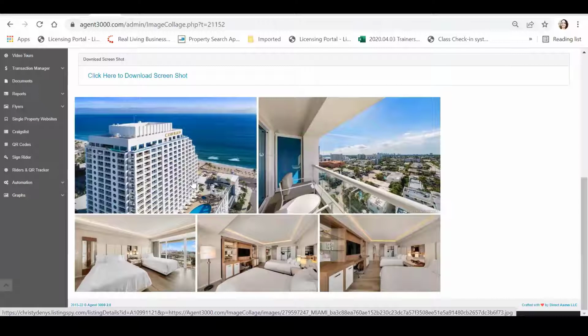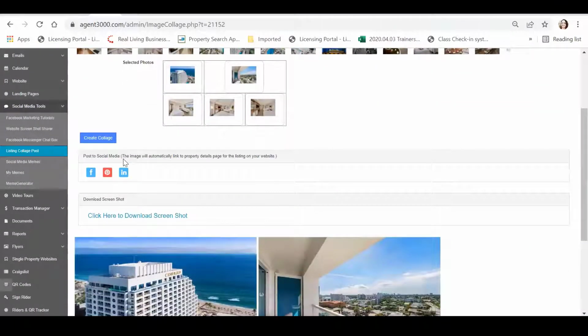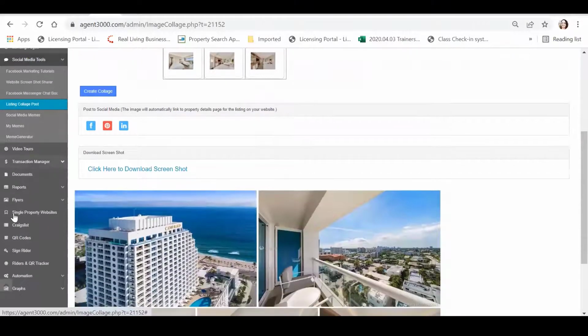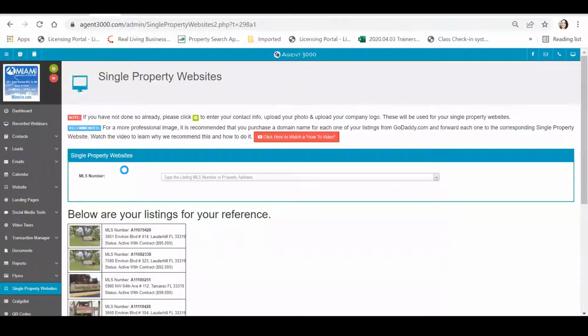But as a reminder, if it isn't an IDX feed, you can share. Now, aside from your listing collage post, there's another post that I want to show you. If I scroll down and I click on single property websites, this is another way that you can advertise listings. Now, not only are you advertising listings in a fantastic way, but you are building a single property website for